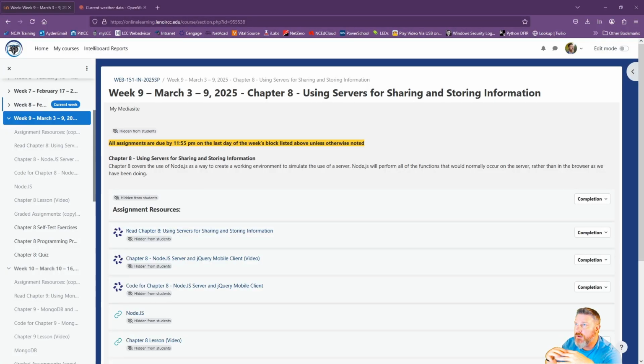This week we're going to cover Node.js as a way to simulate a server when you're doing some development. So a little back end. I really think that the book and the Cengage video cover how to use Node effectively. I will cover how to use Node for a project, but I'm also going to cover a few extra things when using Node. We'll cover how to do an API call and